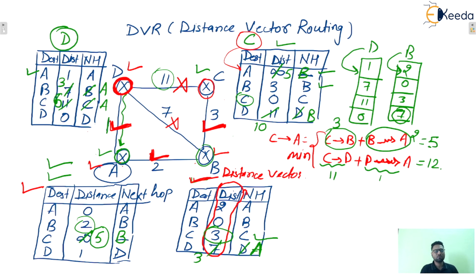So that's all about the distance vector routing algorithm, which is very important from the GATE point of view as well, isn't it? So in this manner we can calculate the shortest path. Ultimately this is the all pair shortest path. So there is no need to apply this algorithm in the exam.